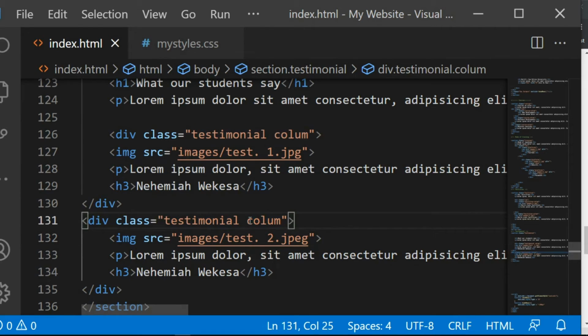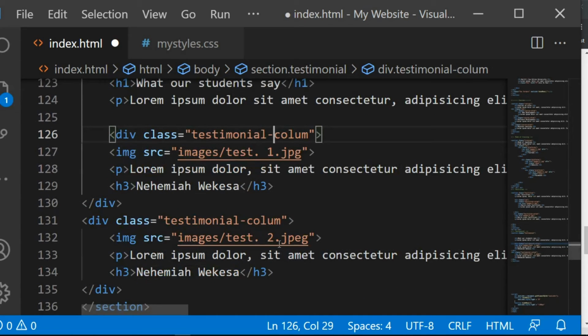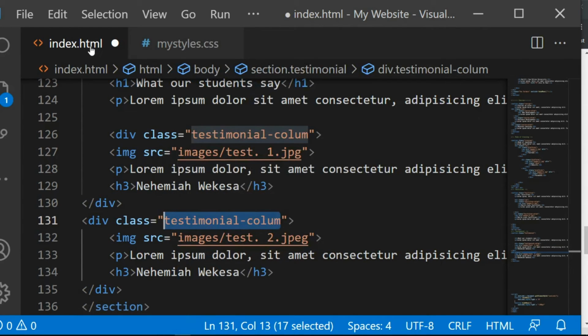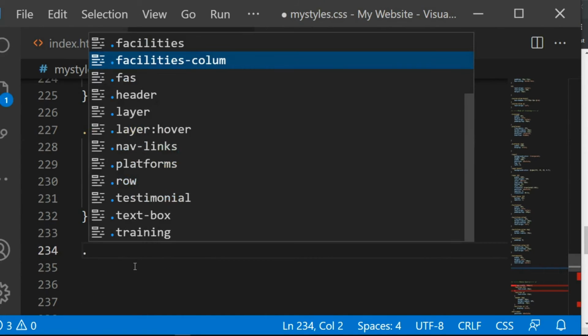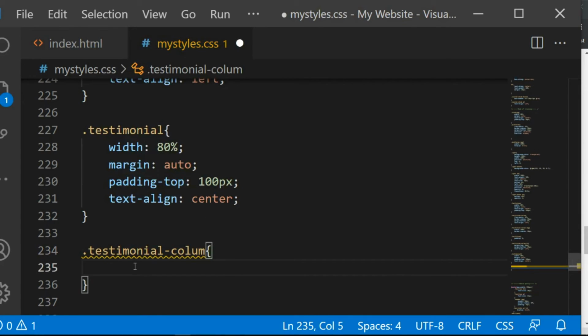or what I do, let me add a hyphen there, also a hyphen, yeah, just copy or save first of all, and then I'll here add dot testimonial column, and then let's style it further so that it may be that pleasing. So flex